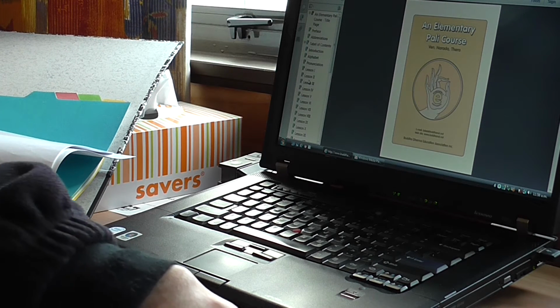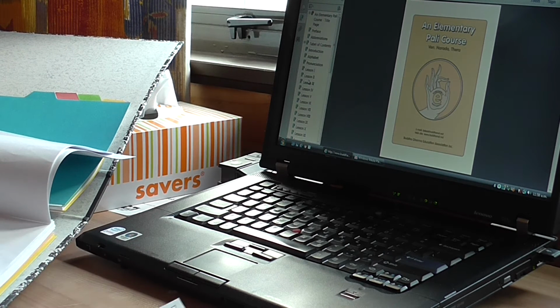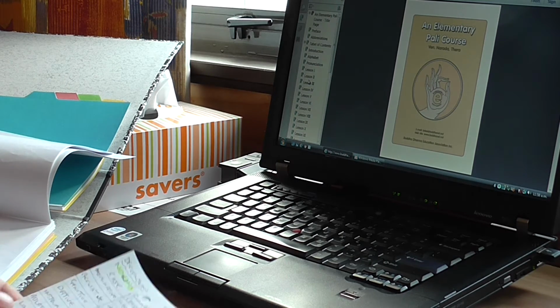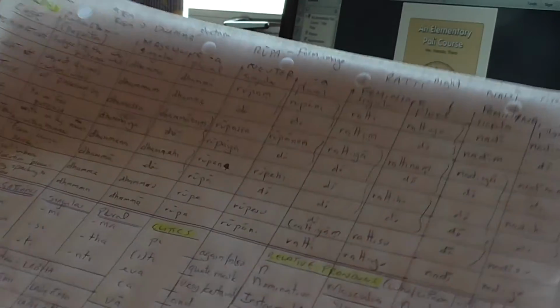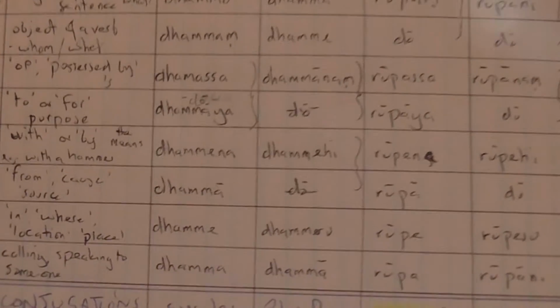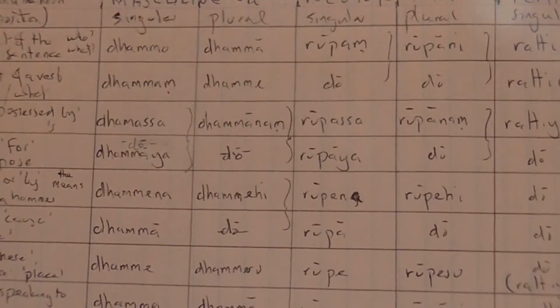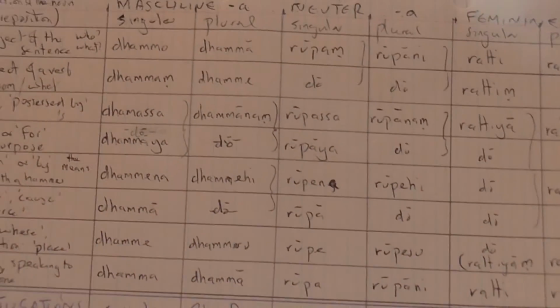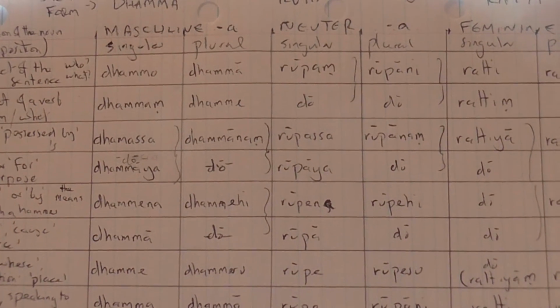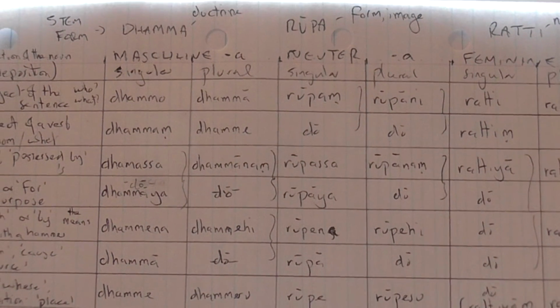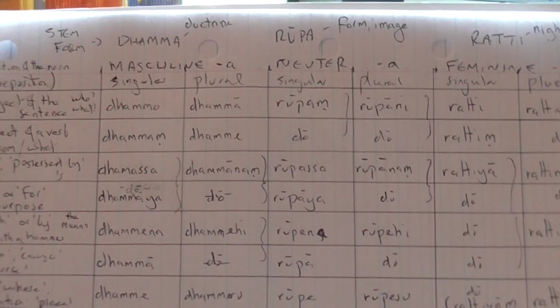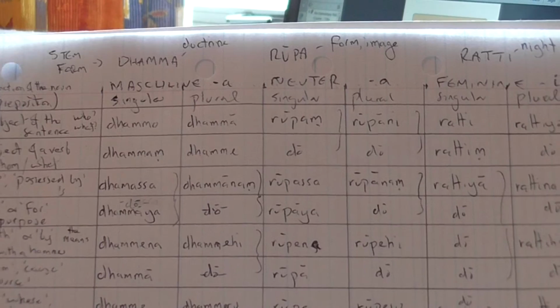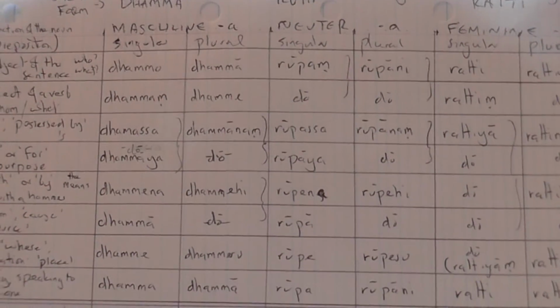What I did find helpful early in the piece was to make myself a cheat sheet, which is there, which you may or may not be able to pick up. What I've done on there is, because in the language what the words mean and how they're linked to other words and sentences is determined by the ending of the words, which change according to how the word is to be used,